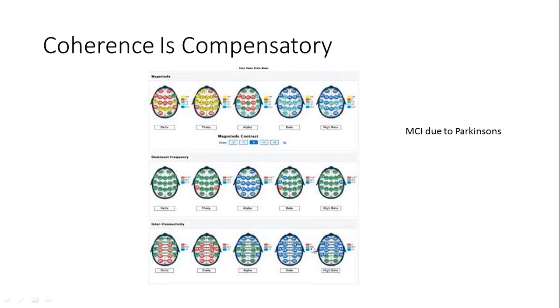But notice the connectivity. Now, you're losing connective function. The brain is wandering. It's not linking up between locations enough and communicating enough. So it's kind of in a free fall. The phase is constantly shifting, but the locations aren't linking up. But you can see that there's a desperate effort in delta and theta to maintain the linkage in that functional area, because that's very primitive function that it's hanging on to. We've lost higher level functions to some degree.